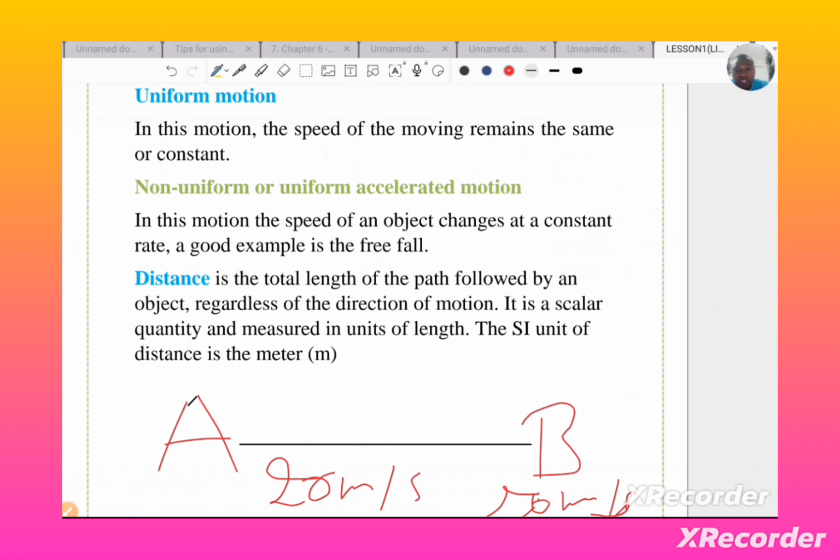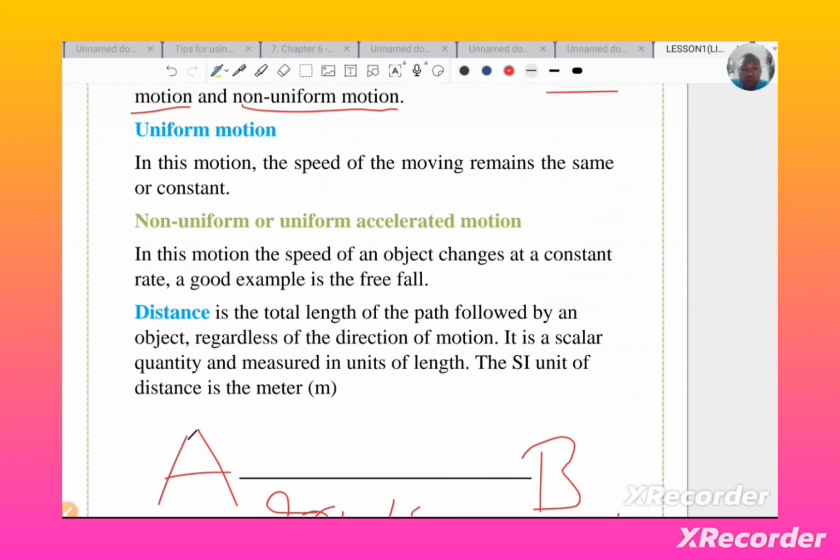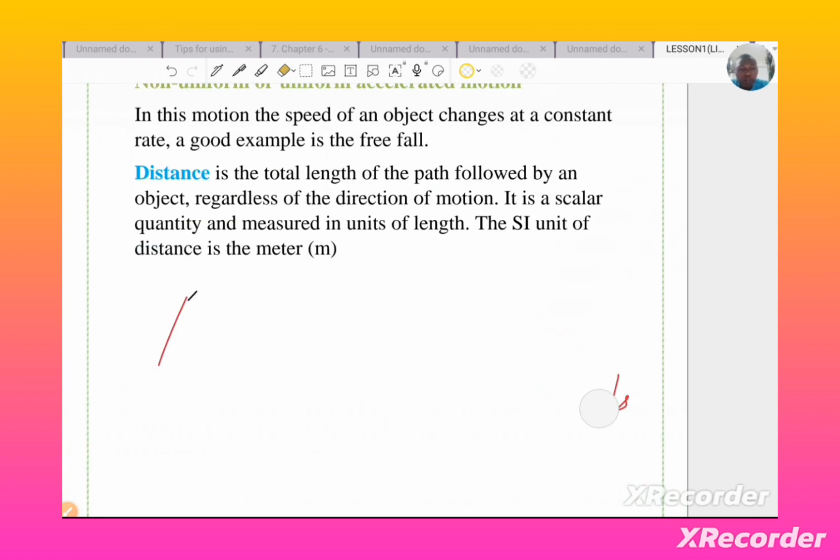Okay, now let's see another type of linear motion, which is non-uniform motion. In this motion, the speed of an object changes at a constant rate. A good example is a free fall. Here the speed is changing. Okay, the speed is changing, but the way the speed is changing is uniform. We have taken an example of free fall, when the body is falling freely. As we know, in a free fall motion,